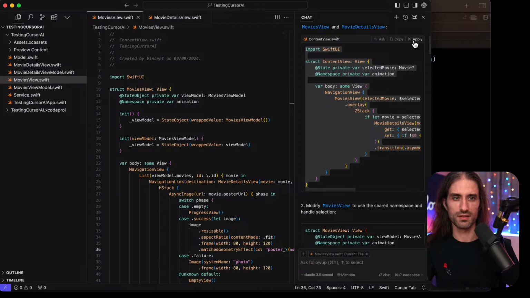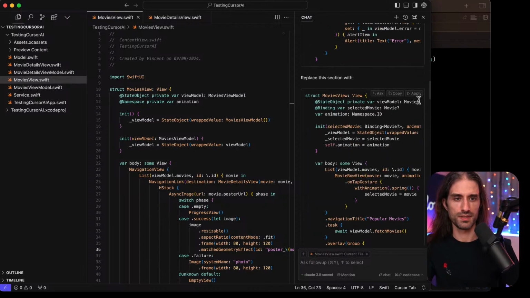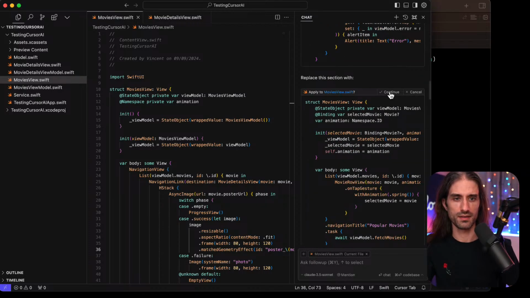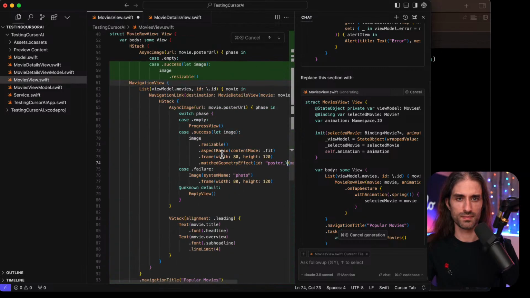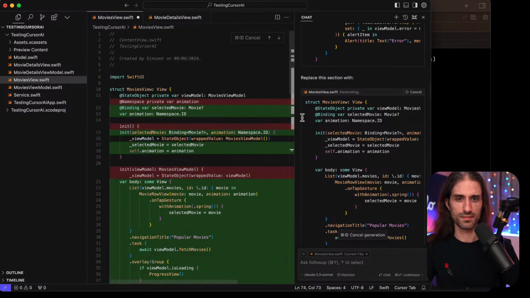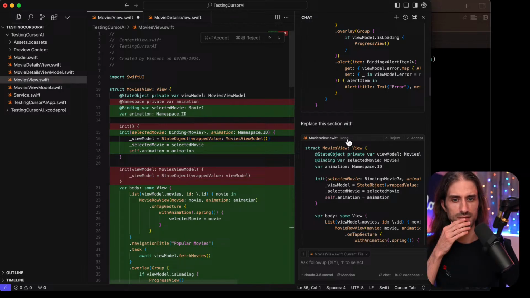Because there is no file ContentView.swift. But if I do apply here, now it says generating.